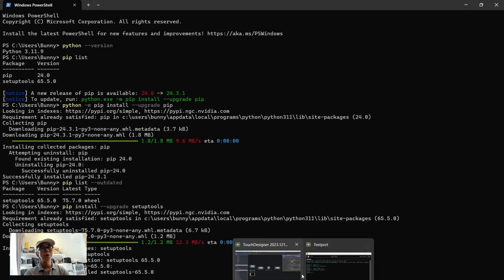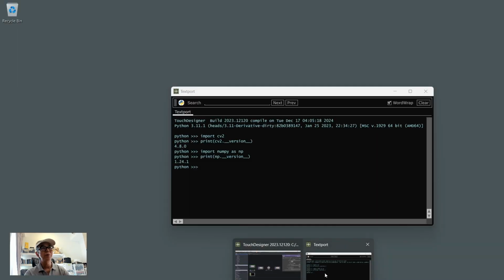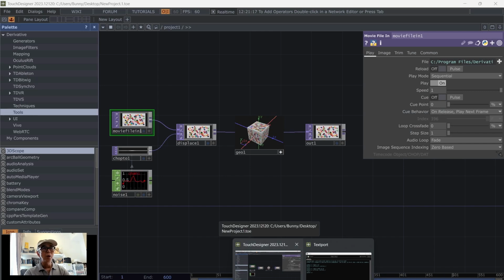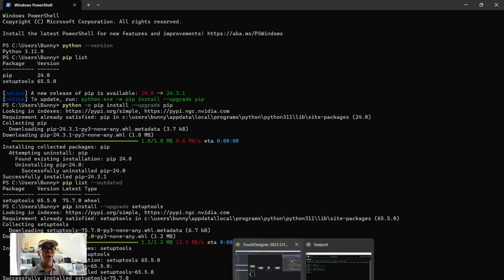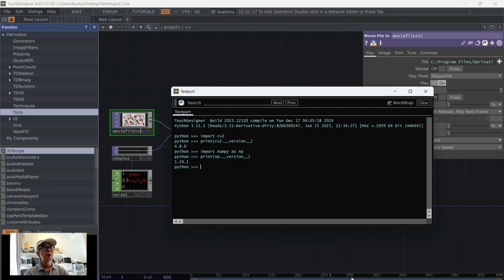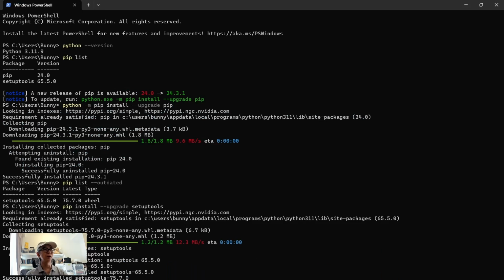Okay, so I will work on the TouchDesigner in a moment. So we have checked out the existing version around here. The next step we're going to do is install the OpenCV version within the